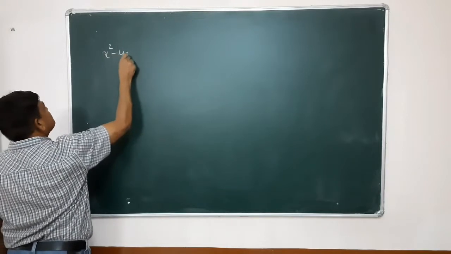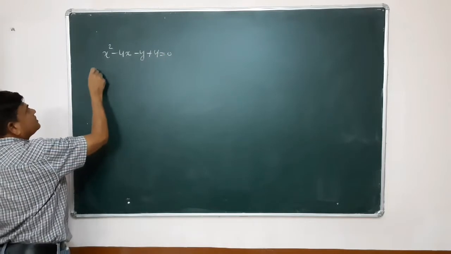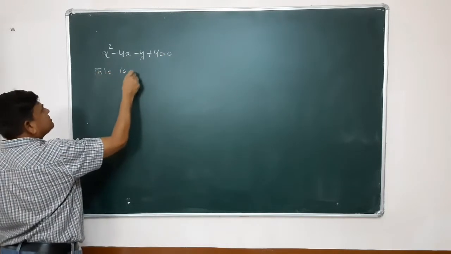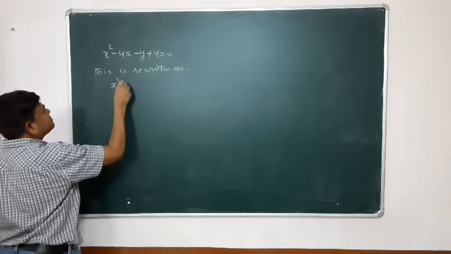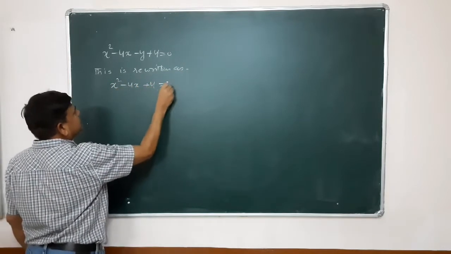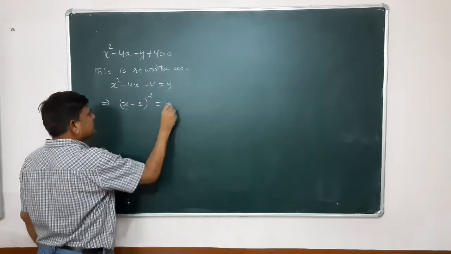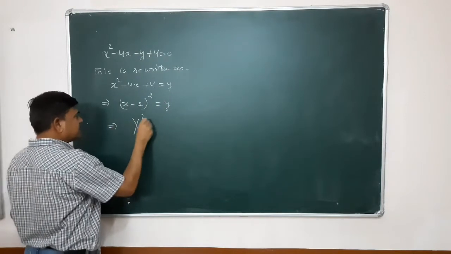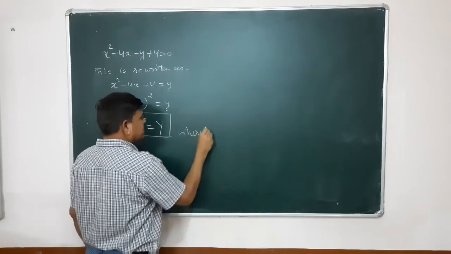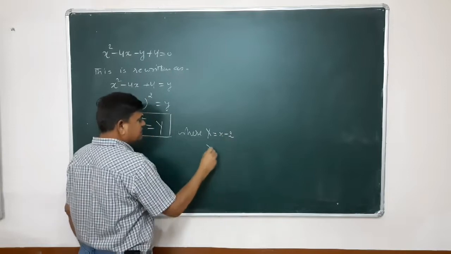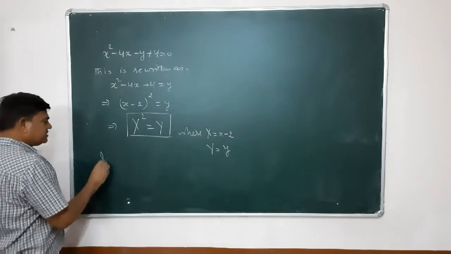x square minus 4x plus 4 equals y. This is rewritten as x square minus 4x plus 4 equals to y. This implies x minus 2 whole square equals to y. This is capital X square equals to capital Y, where capital X is x minus 2 and capital Y is small y. So it looks like